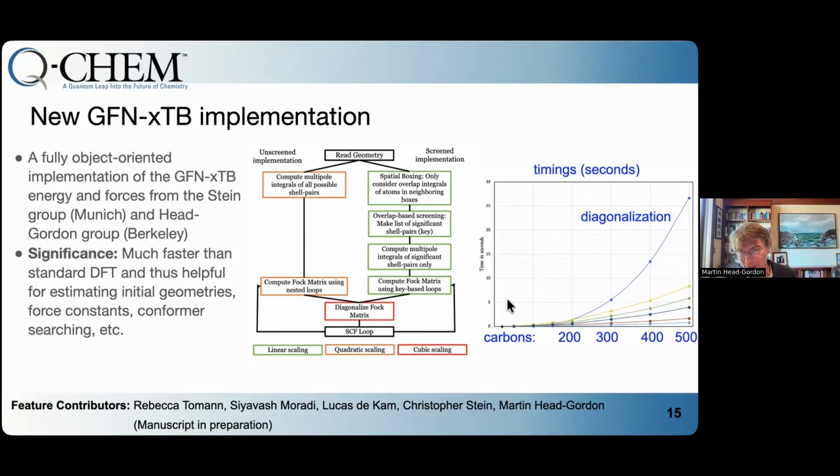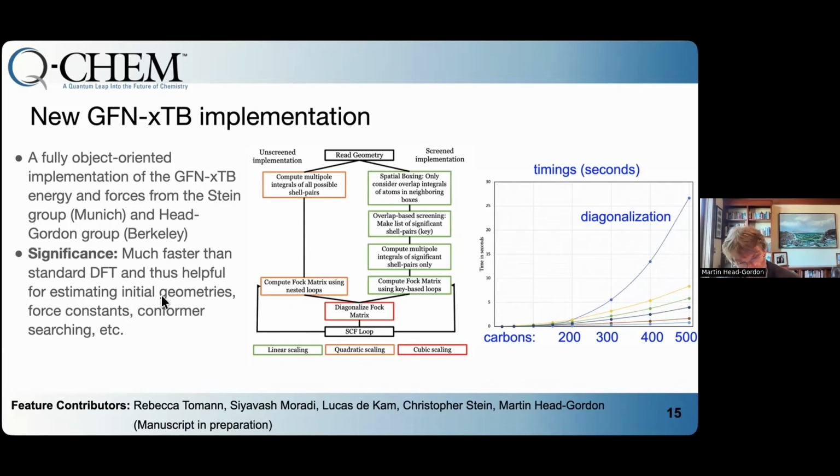I don't have time to tell you about xTB, but this is more or less a minimal basis valence electron only approximation to DFT that is so cheap that by the time you're doing 300 to 500 carbon atoms, the plot on the right shows you that just diagonalizing the Fock matrix completely dominates. And so the other components that are shown in the pale colors below scale mostly linearly. There's one quadratic one too,